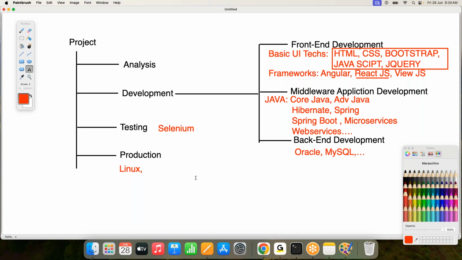The third-party vendors nowadays are the cloud providers. Who are the top three cloud providers outside? AWS, Amazon Web Services. Next one? Azure, Microsoft Azure. Third one? GCP, Google Cloud Platform, and so on. There are many, but I'm telling only the first three here. Definitely we require this kind of cloud provider. Got it or not?